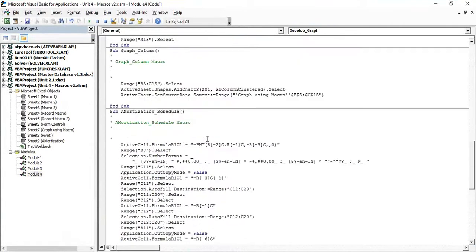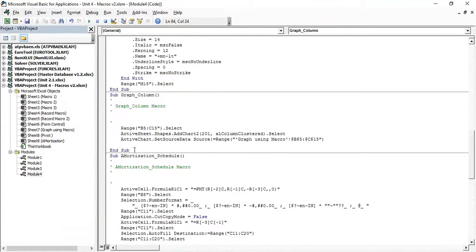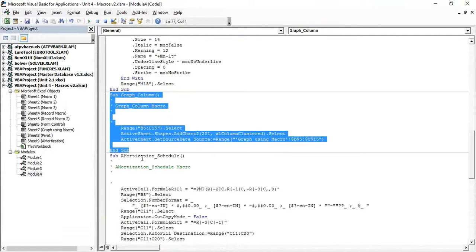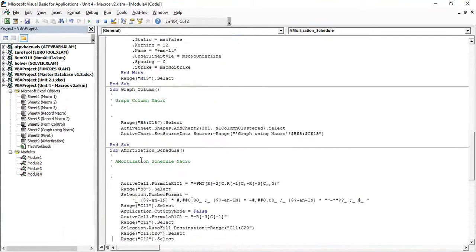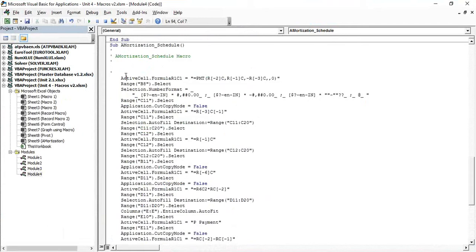So the first line says ActiveCell.FormulaR1C1. As in the previous videos as well, Excel will never take a cell address directly. It will always be as a part of rows and columns.